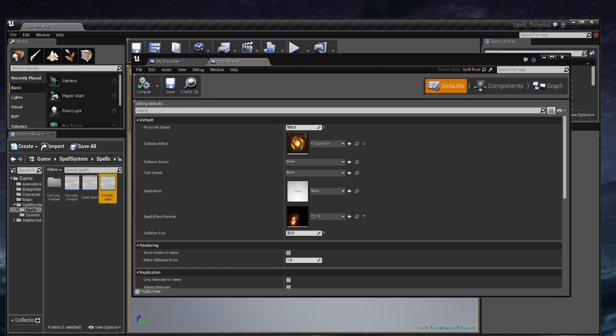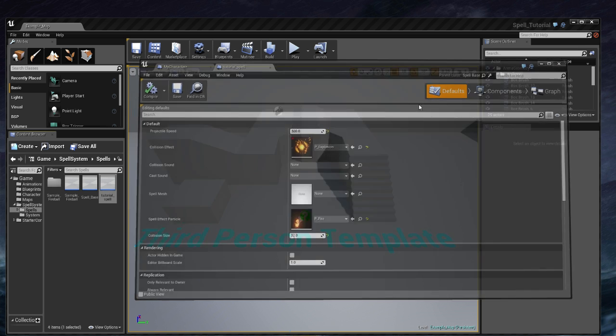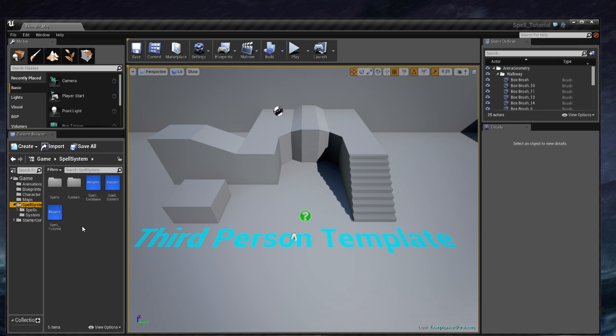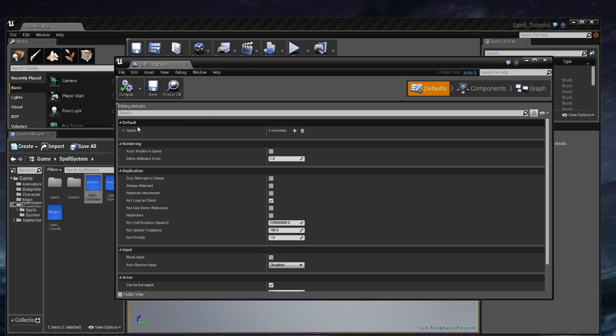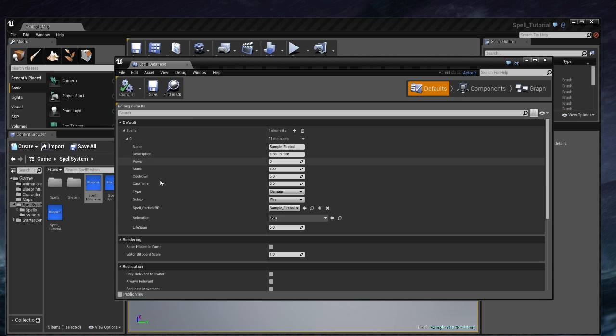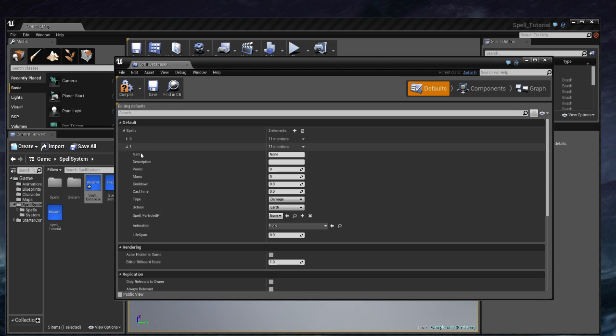Now we're gonna save this and close it down. We're gonna go to spell system, spell database, and here we are going to add a new spell. By default there is a sample fireball spell. What we're gonna do is add a new spell, and we're gonna set a name for our spell,